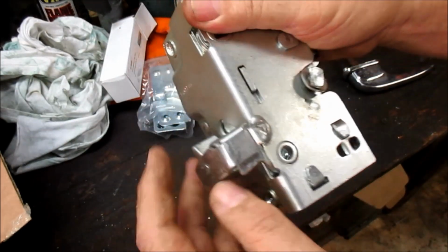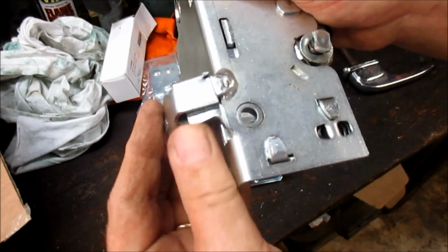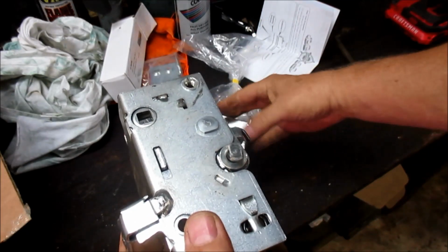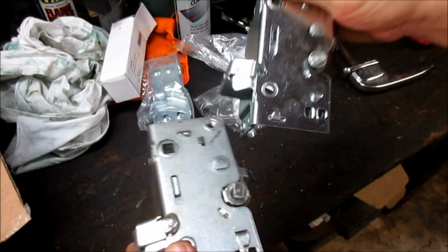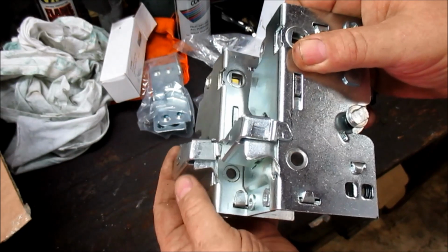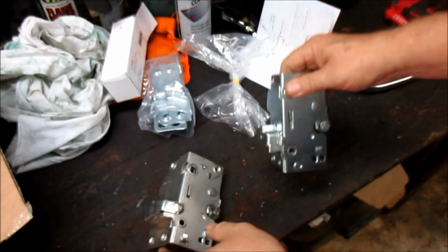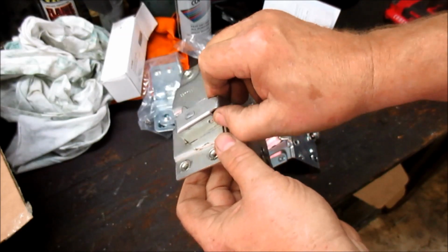Another big difference is, you can see this. All right? Now look at this new aftermarket. Look at the difference in size. That really is big, and it's harder to press too. So